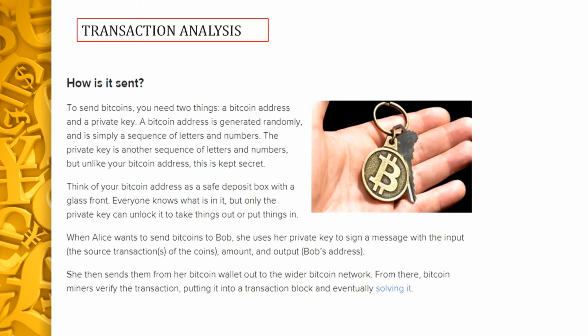First of all, I would like to say that Bitcoin is already in encrypted format. That ciphered text, if you can remember from the first video, that ciphered text using that green key, that is the Bitcoin. It's already ciphered. Now we need only the blue key to decipher it. That is the private key. So Bitcoin address is generally random and is simply a sequence of letters and numbers. This is kept secret and we use that private key to unlock that. Okay. So this is the way the Bitcoin is sent from one to another using that asymmetric cryptography as discussed in video number 1.